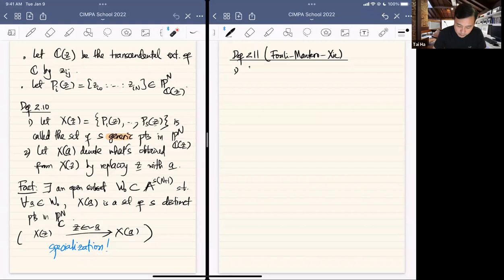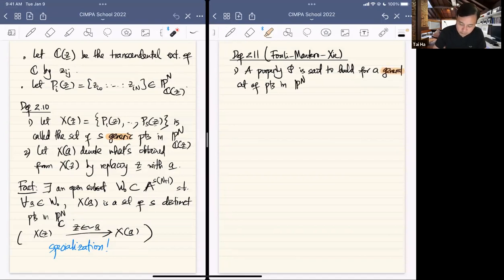So a property P is said to hold for a general set of points in Pn, right? So general set of points, or just set of general points,